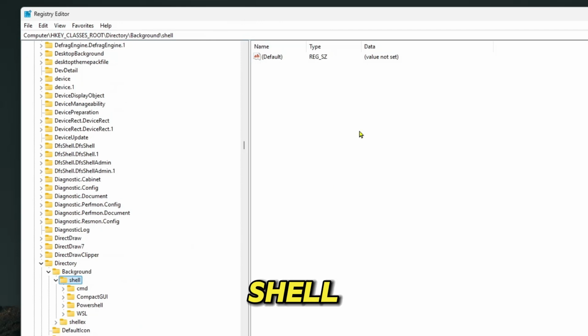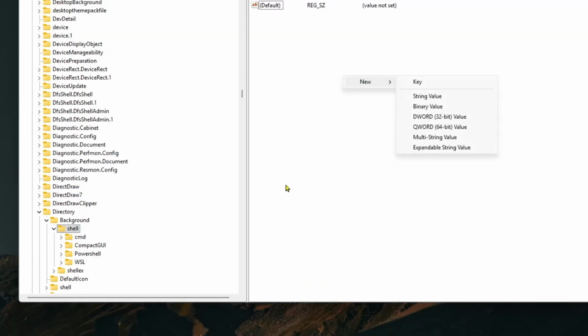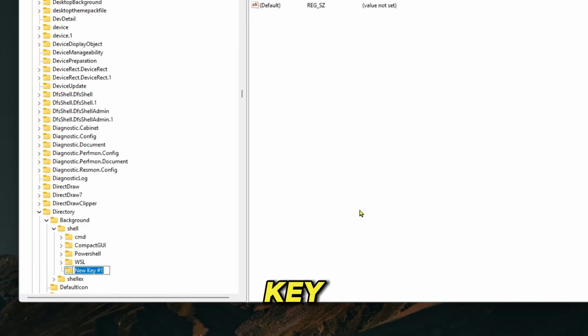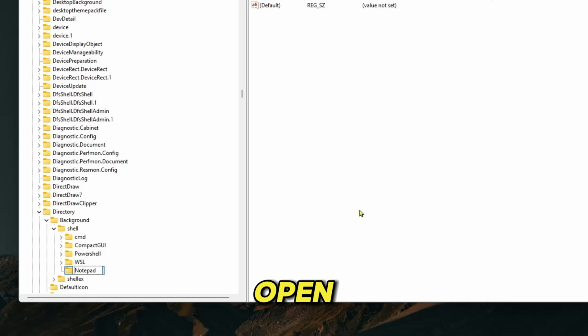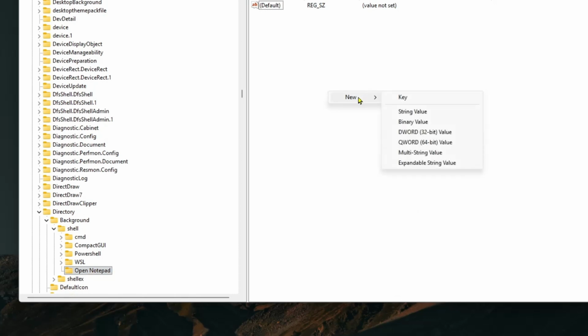It is going to open your shell, and now you have to create a new key. For that, click on the right mouse button, click new key. Into the new key, type here open notepad. Click enter. Okay, after that, under open notepad, right click, new key, name it command,